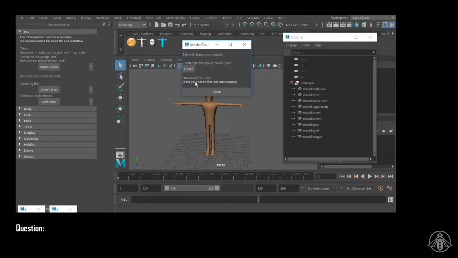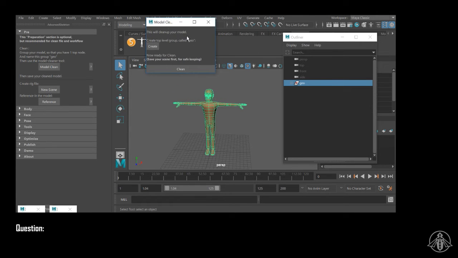And it tells you this will clean up your model, create a top level group called Geo, and now it's ready for clean. So it creates it. It's going to create the top level Geo group. Now when it cleans it, what it's going to do is export each piece of the body as an OBJ